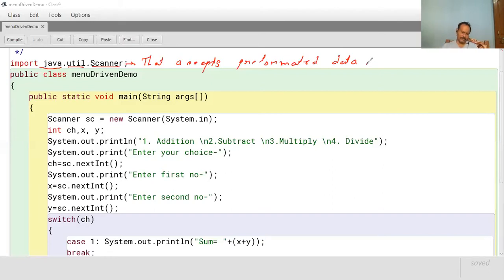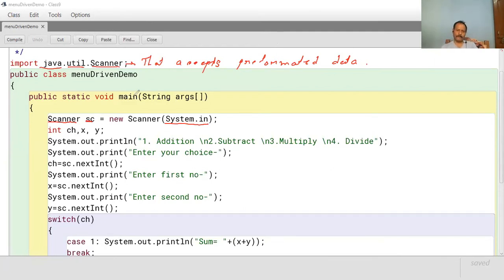Okay, now next, we come to this portion here. This is the name of the class. Then we are creating the object. This is the Scanner object. And when creating the Scanner object, it needs an object of type in. समझ में आ गया?